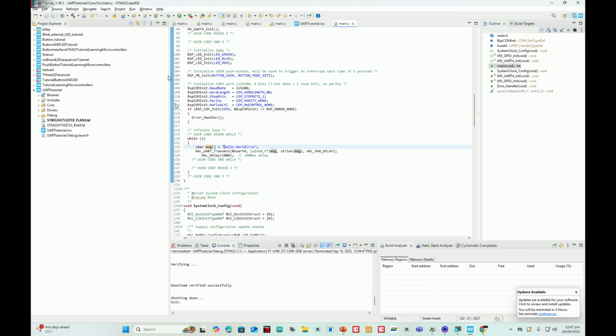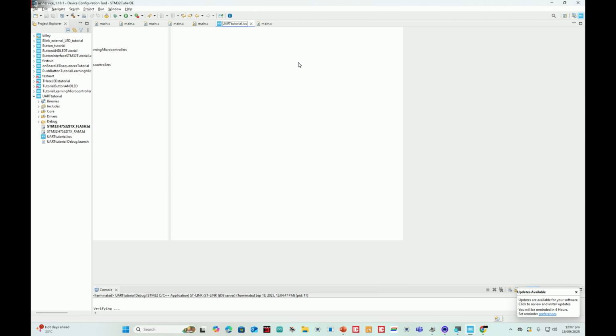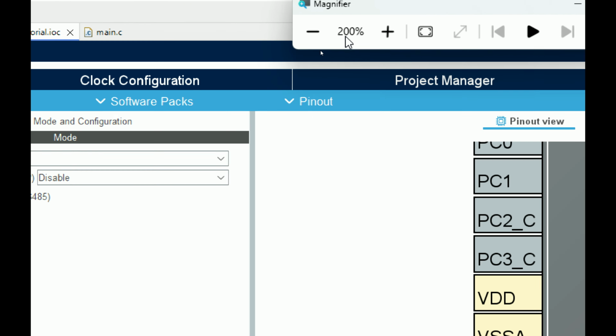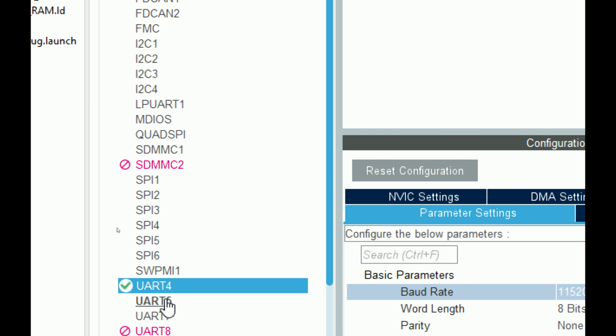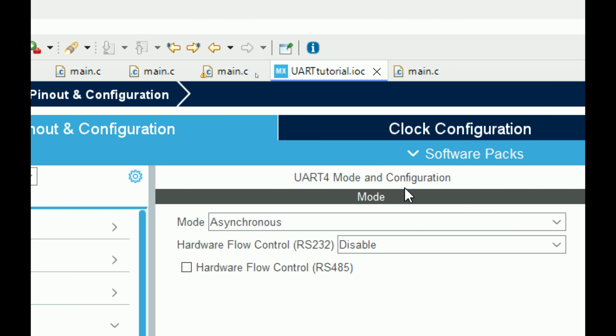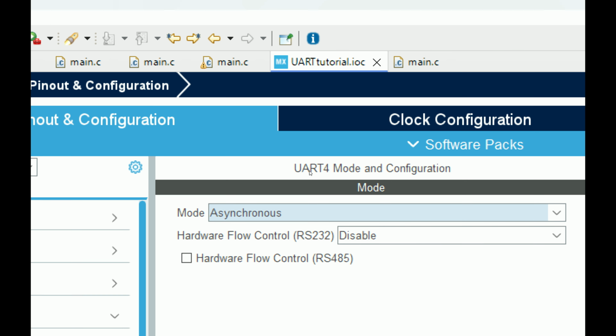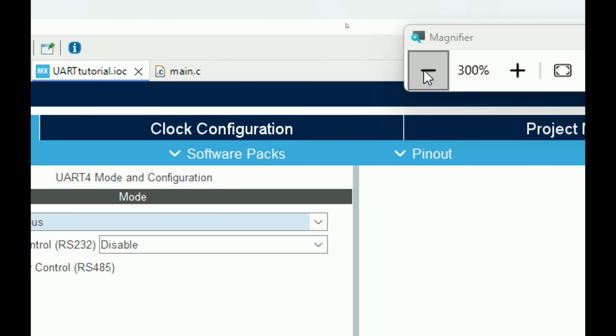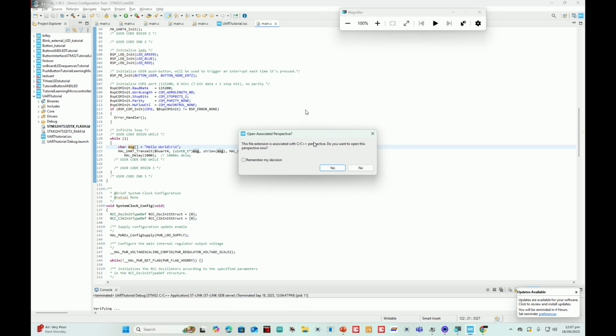So if I go to my CubeIDE and I show you the hardware side, see PA0 we have declared as UART4 TX, PA1 as UART4 RX, and here you can see that we are using UART. We enabled the UART4 port and then we set it to asynchronous mode. After that we set our required baud rate, 115200, and if I go to the C code,